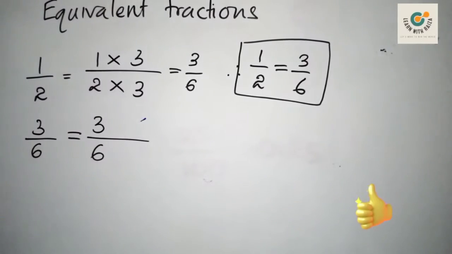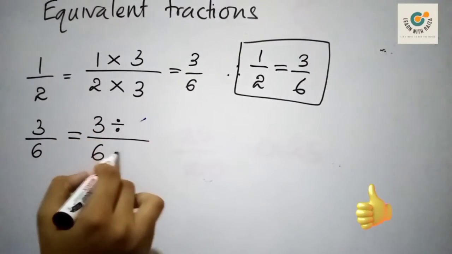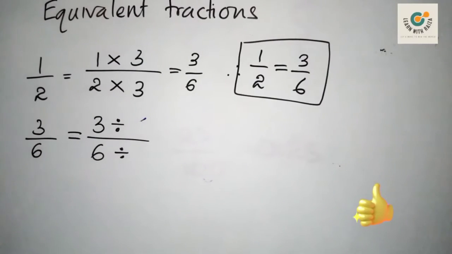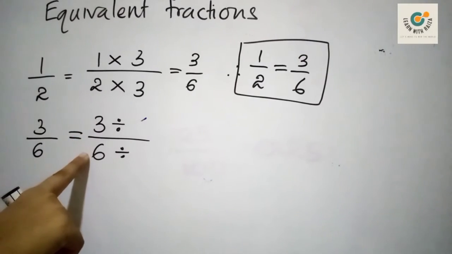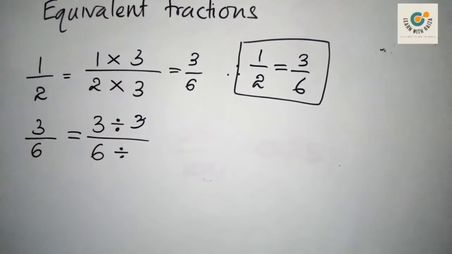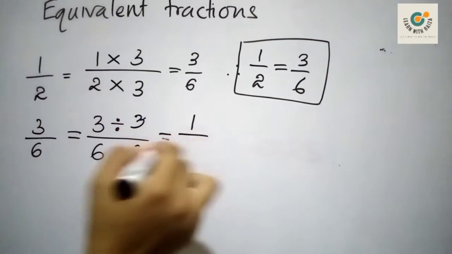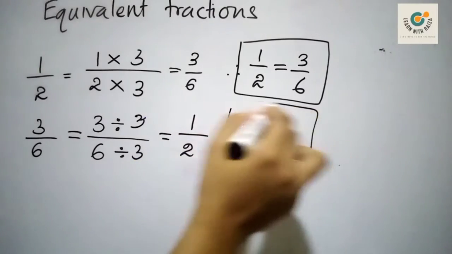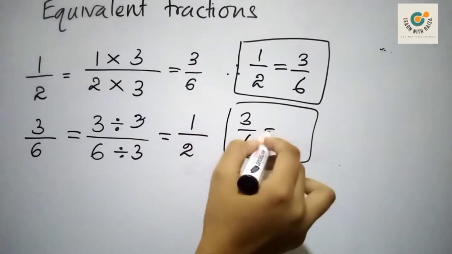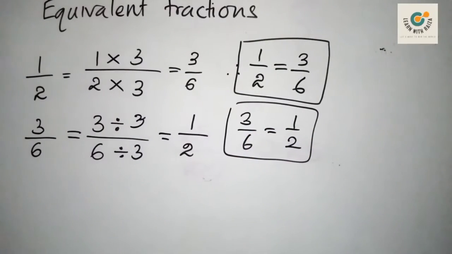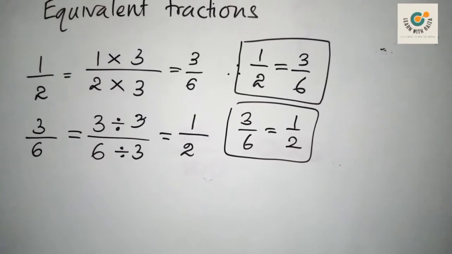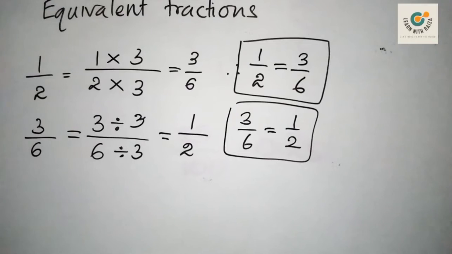I can take 3/6 and divide both the numerator and the denominator by any number. Any number means both should be divisible. So I can take 3 and 6, both are divisible by 3 times table. That means 3 and 6 are multiples of 3. So 3 divided by 3 is 1, 6 divided by 3 is 2. Now you see that you get the same fraction, 3/6 is equal to half. That's what I told you. We can make equivalent fractions in two methods, either by multiplication or division. But you have to do it for both, the effect should be for the numerator and the denominator.